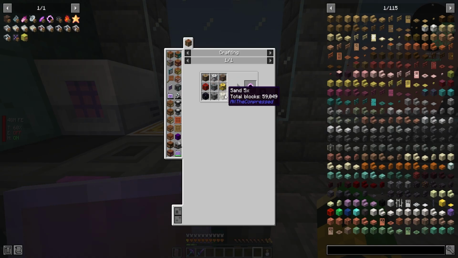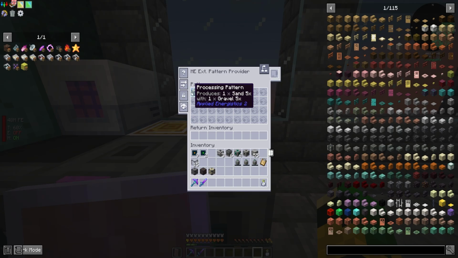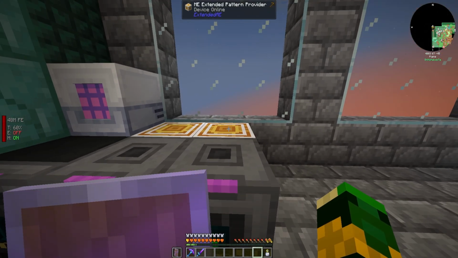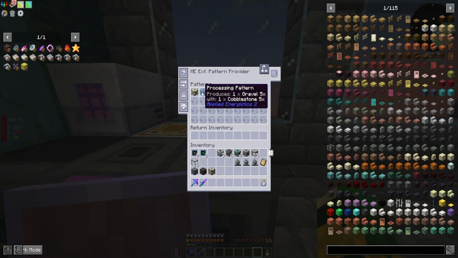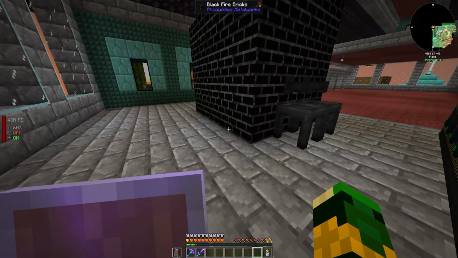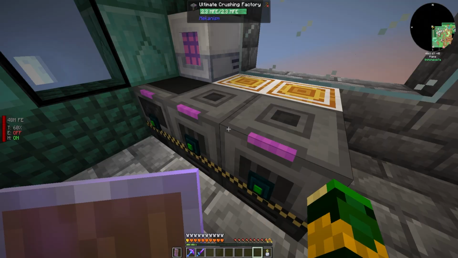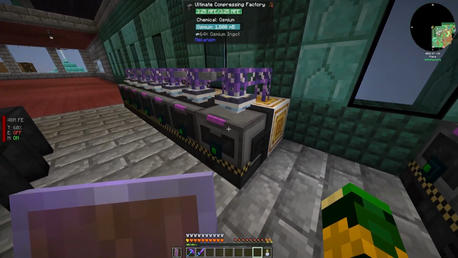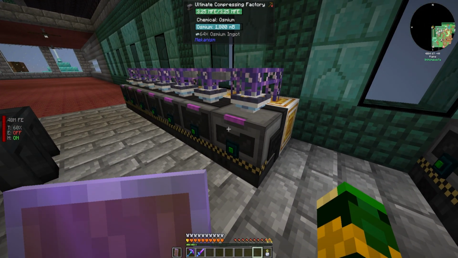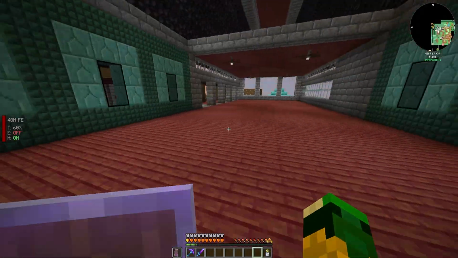And so what I'm doing is deciding that for cobblestone, gravel, and sand, I can do those right from here using a recipe that's going to take a 5x cobblestone and turn it into a 5x gravel, and then the 5x gravel into a 5x sand. So that finishes the automation process for a couple of the items that we're going to need for the pulsating black hole. Cool. So that's what's going on here with Mekanism, right?